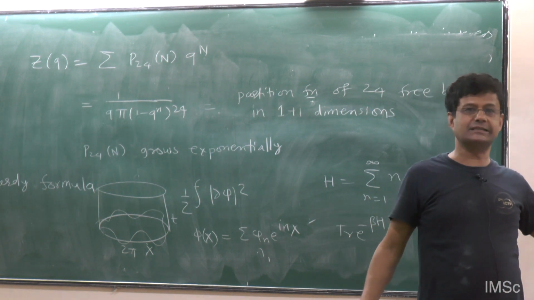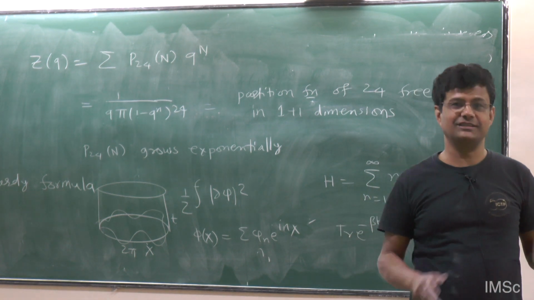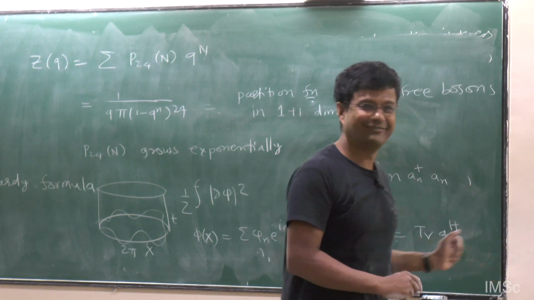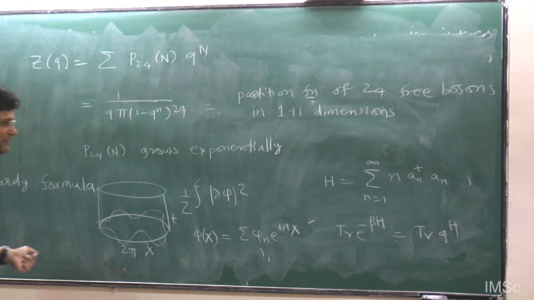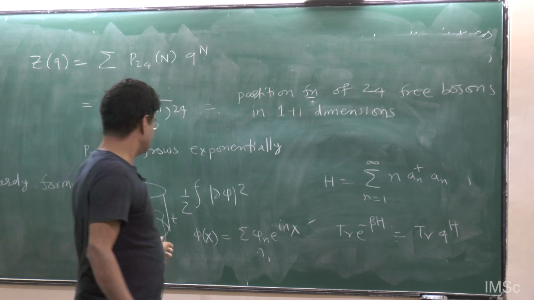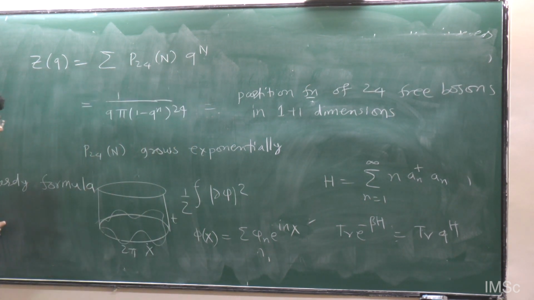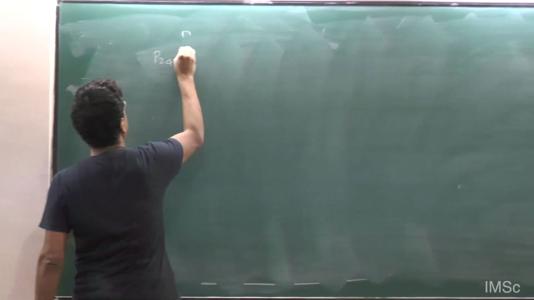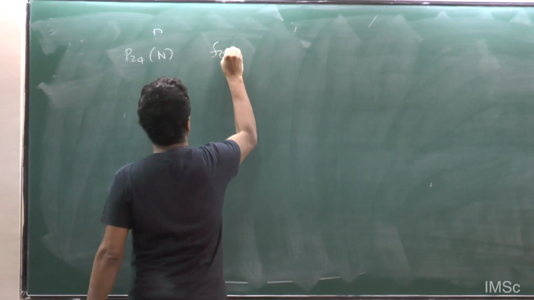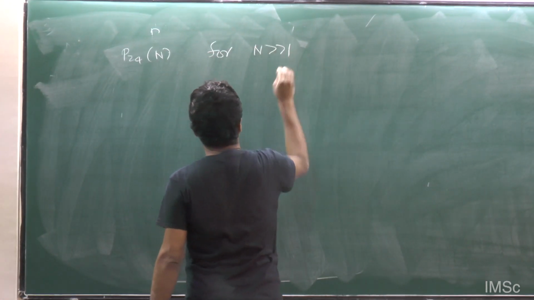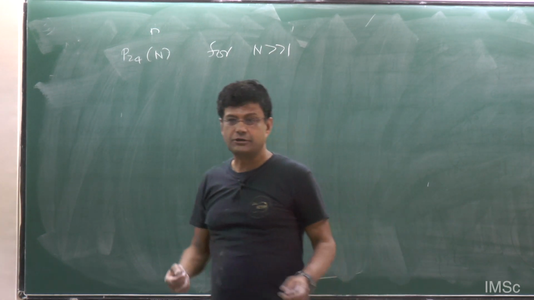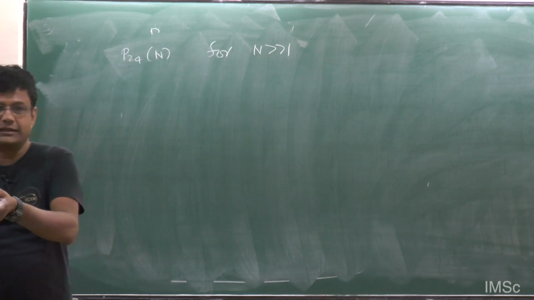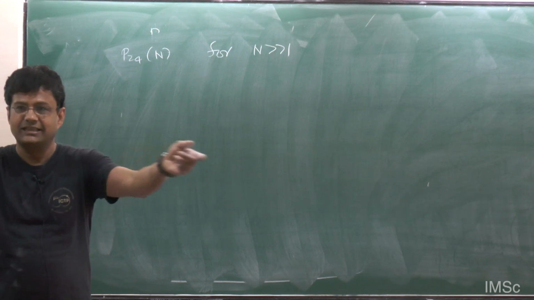So this is a completely straightforward statistical mechanical calculation. There is absolutely no mystery about it, from a physics point of view. But it is related to all this very beautiful mathematics, and knowing that mathematics actually helps you, because now you have the same problem. If you want to calculate P24 of n for n much bigger than 1, it's very difficult, because if you try to put it on a computer, you'll have to actually sit down and enumerate.